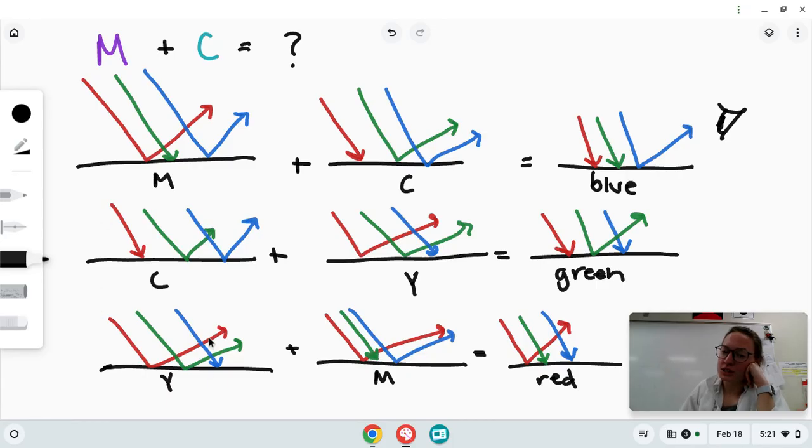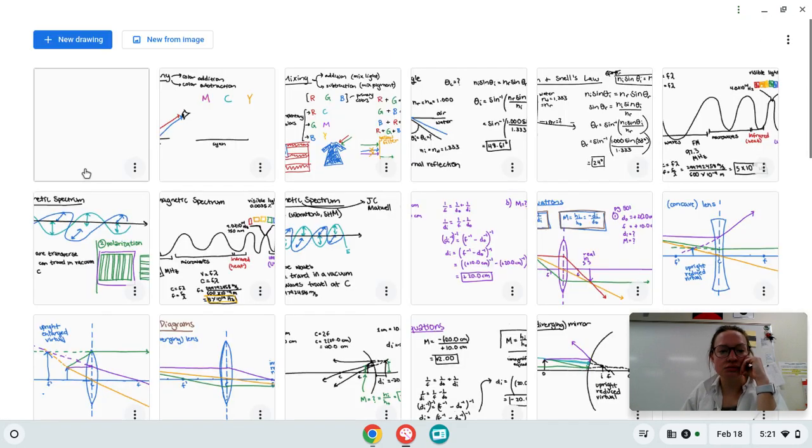This gives us our first three subtraction equations. Magenta plus cyan equals blue, cyan plus yellow equals green, yellow plus magenta equals red. And this gives us a whole new color wheel that we can use for color subtraction. We saw that